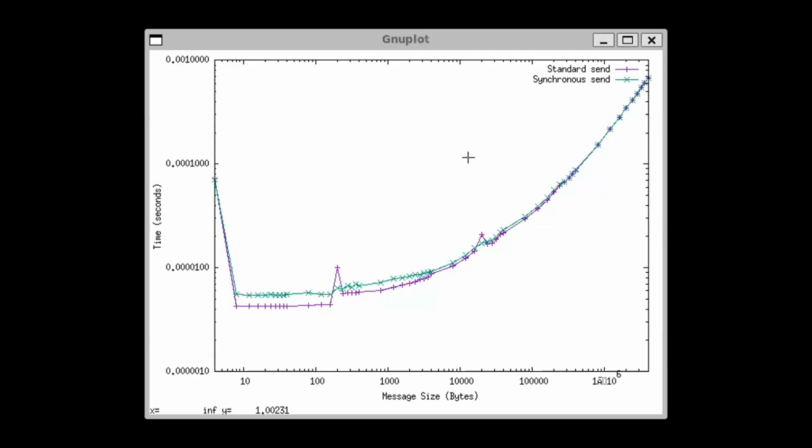Okay? However, above a certain message limit, there's something else going on here. I don't quite understand that, but above a certain message size, eager and standard and synchronous become exactly the same because standard becomes synchronous. Very large messages, standard has to use the rendezvous protocol. It can't use the eager protocol, so it effectively becomes synchronous. It's hard to see here where that happens. It's easier to see on the bandwidth plot. So if I show you the bandwidth plot,